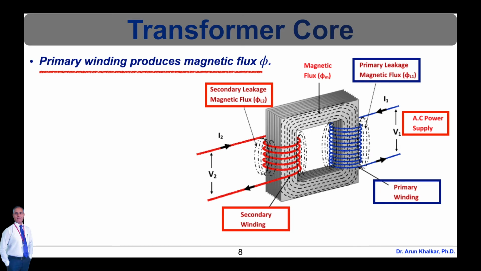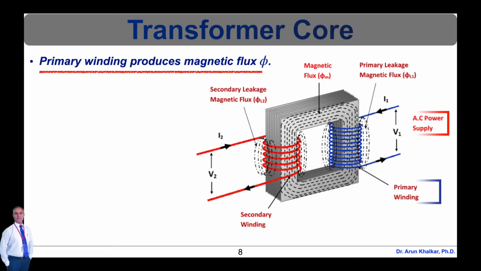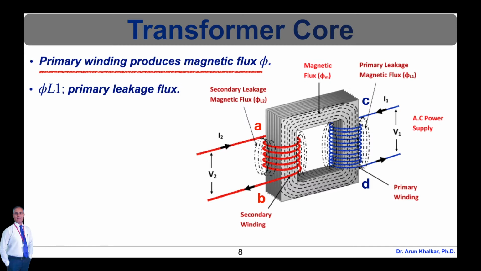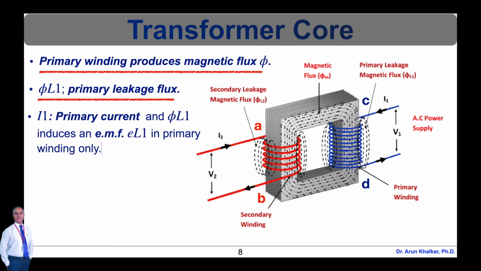This leakage flux is produced due to the primary ampere turns existing between points A and B. This leakage flux phi L1 completes the magnetic circuit in the portion AB. Hence, this flux is known as the primary leakage flux and is proportional to the primary ampere turns. This flux phi L1 is in time phase with the primary current I1 and induces an EMF EL1 in the primary winding